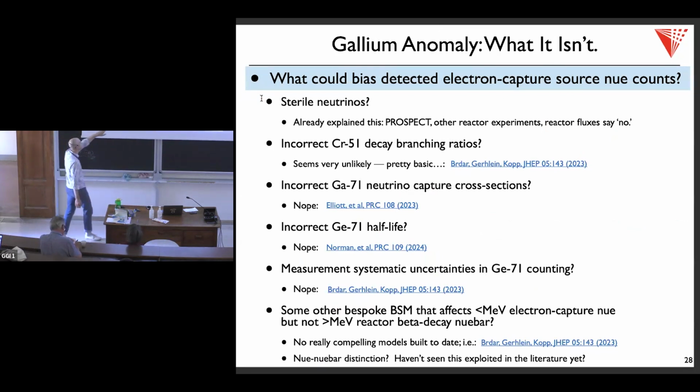This paper right here is a really nice one. Basically, first off, the BEST collaboration had a PRL and a PRD. If you have questions about these systematics, they describe the details in the PRD. And these guys then subsequently take 30 pages to sort through all of those details again. I don't know those details off the top of my head, but I encourage you to take a look at that paper.